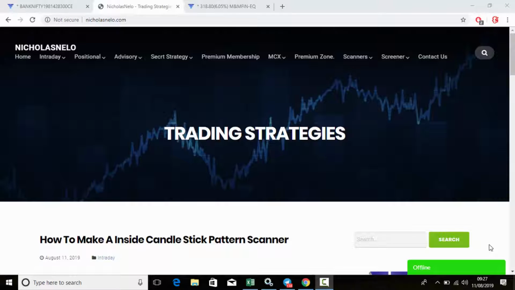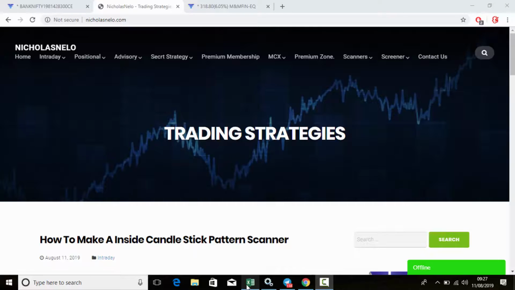Okay, let's move to today's topic. Today we are going to discuss Bank Nifty options trading. Some of my subscribers are asking me to share a strategy about option trading. So recently I got an idea about it, and I just checked it. I feel it's good. You can also check this method, and if it feels good, you can follow it or just leave it.